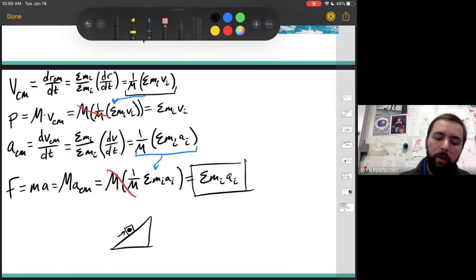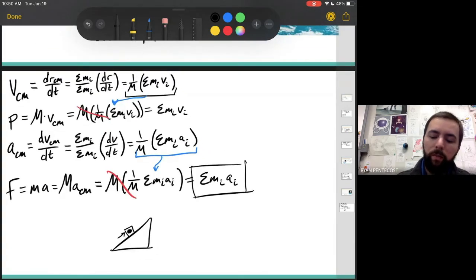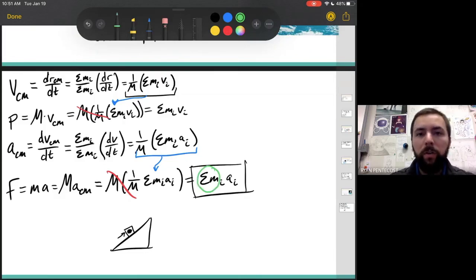This shows that you can take the summation of the mass of all the particles and put it at the center of mass. Then you multiply that by the acceleration of the center of mass, and you will get the unbalanced force that causes that acceleration,